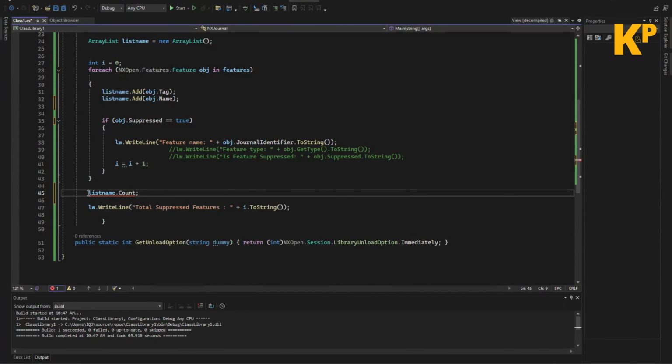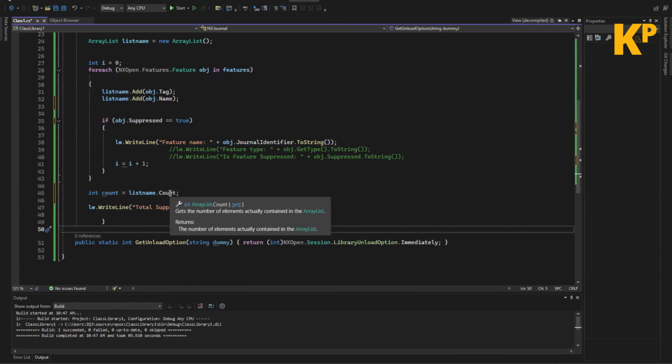I do not have any integer declared, so count is equals to like this. If I do it like this, then I will get the number of elements actually contained